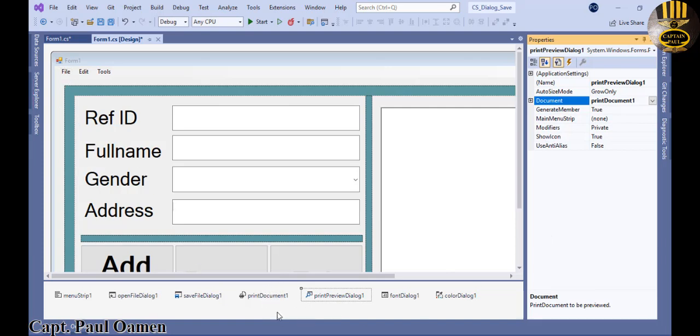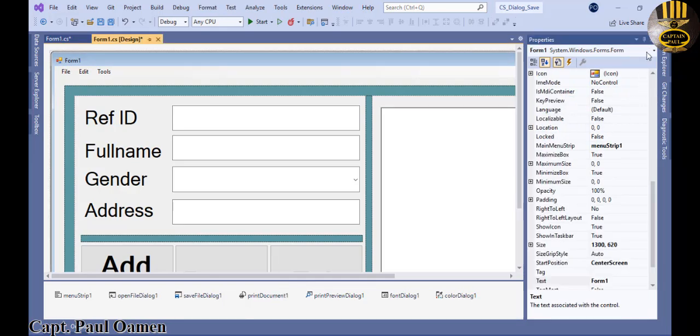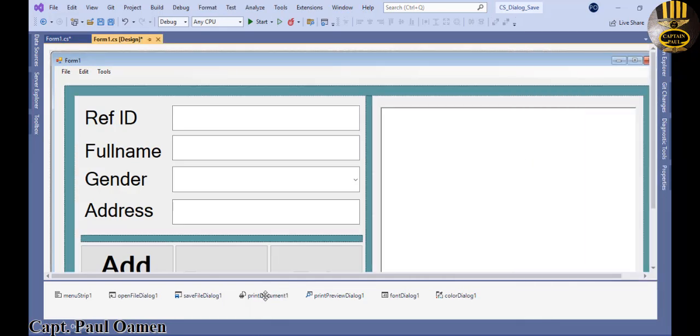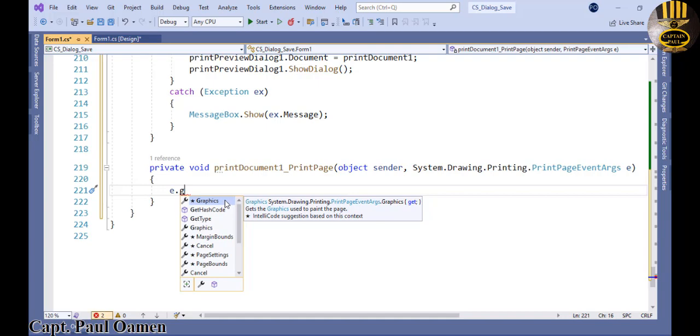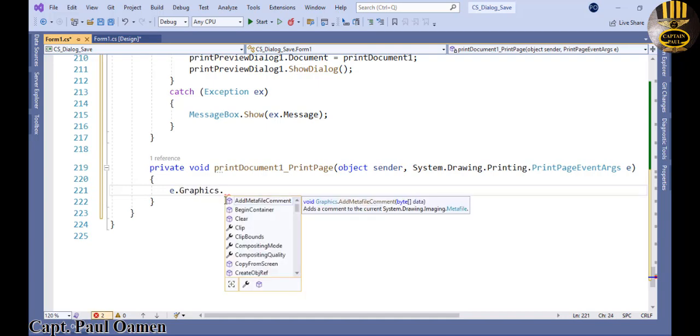Now you see the document itself. We now need to double click on the print document 1, this very one. Double click on that, and in there we just want to enter e.graphics.drawstring,